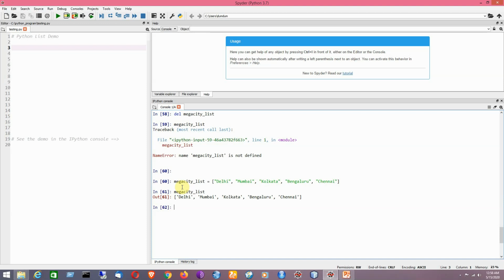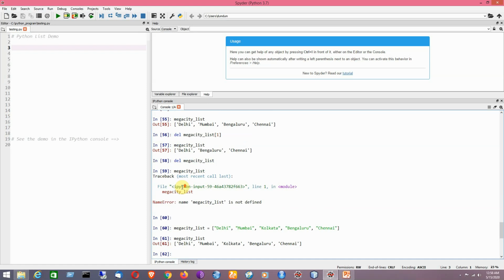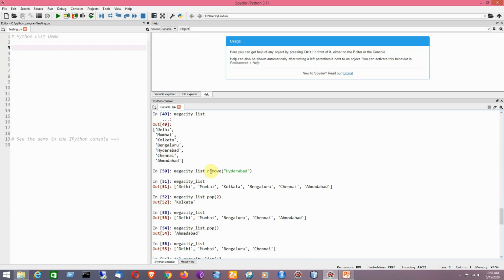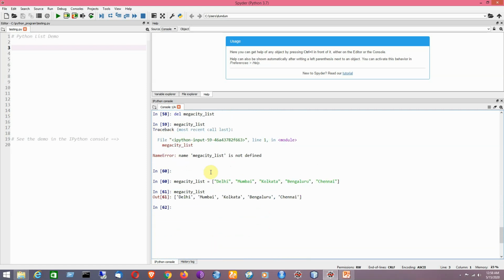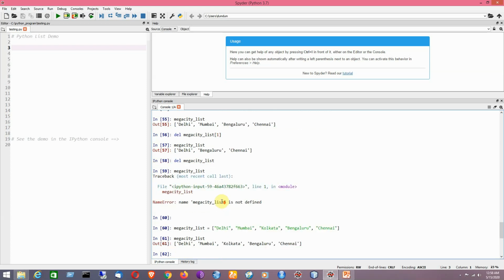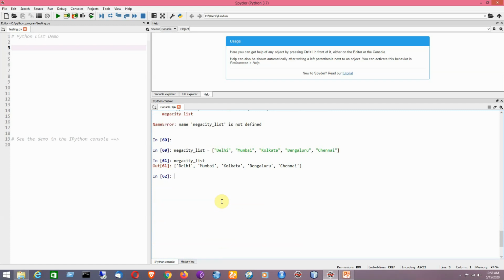Clear? So now suppose I would like to use the clear method. So far I have used methods like remove, pop, using a particular position or without mentioning any position, which removes the last element. And I have also used the del keyword that can be used for a single element deletion or it can delete the entire list. Now I would like to use the clear method.